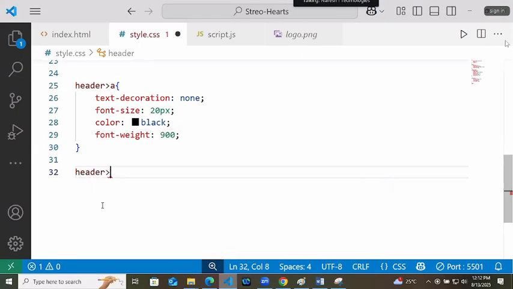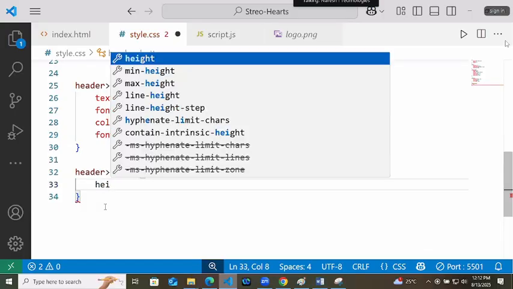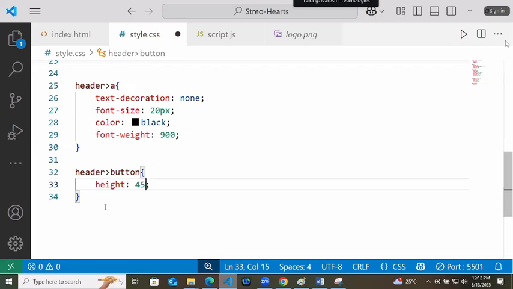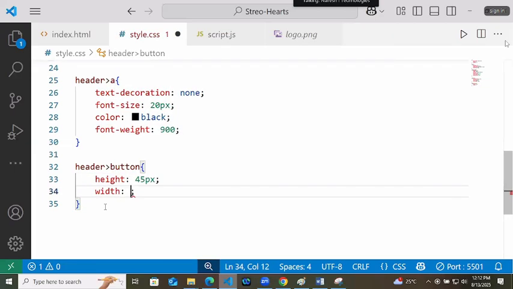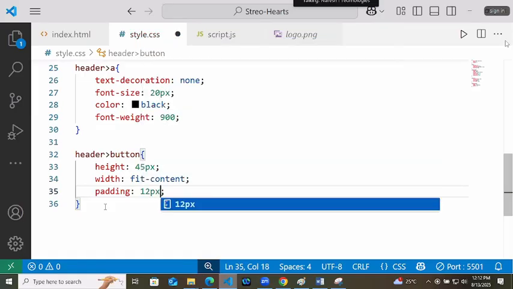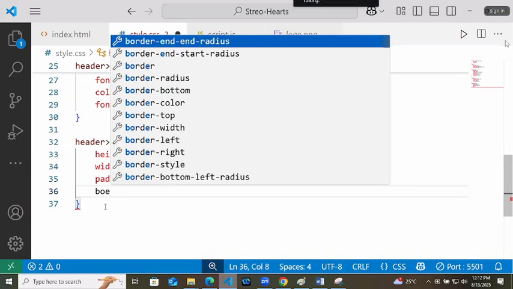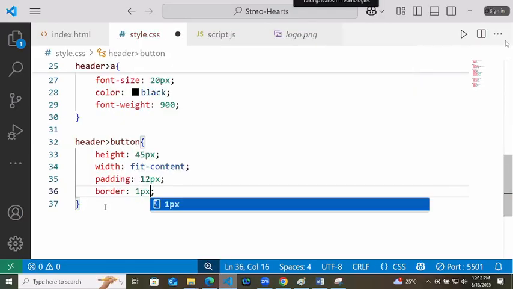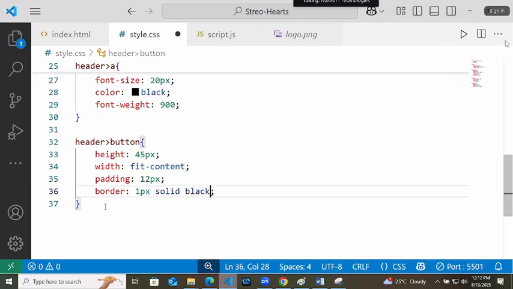Then we will change the login button. So header child button means directly you can write, but we will have more buttons. So the property will not apply to all of them. 45 pixel, width of fit content, padding of 12 pixel, border of 1 pixel, solid and black.